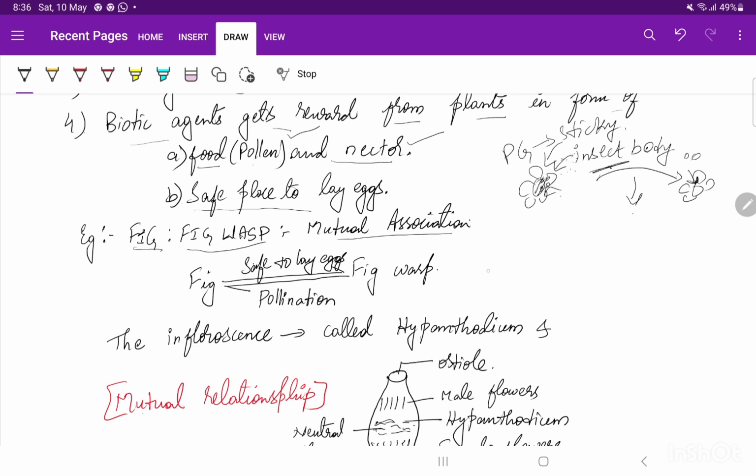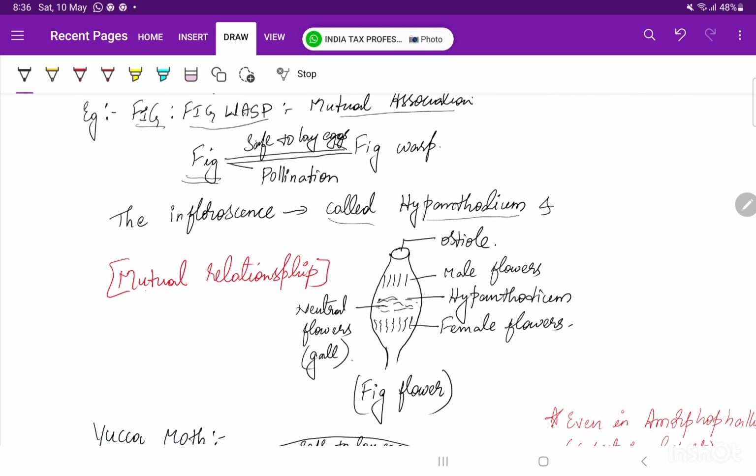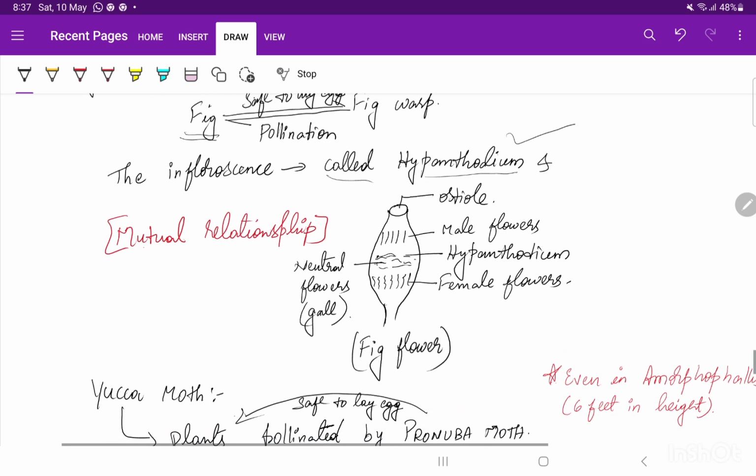We know that the inflorescence in fig is called hypanthodium. Just go through the diagram. This is called hypanthodium, where the opening is called the ostiole. The male flowers are present in the upper position, and female flowers are lower, and in the middle they are gall flowers or neutral flowers. When the insects enter, they will lay eggs inside, and